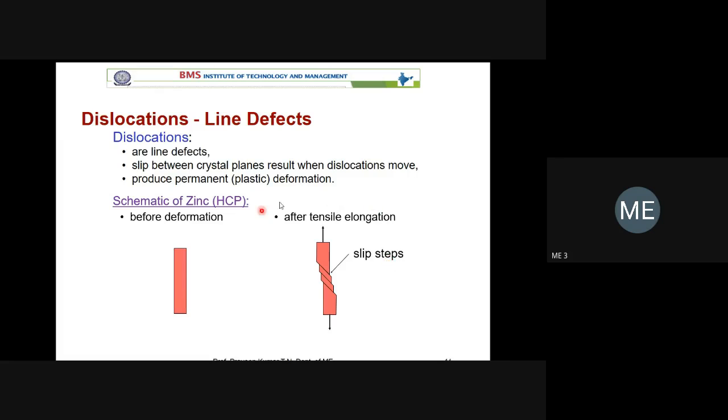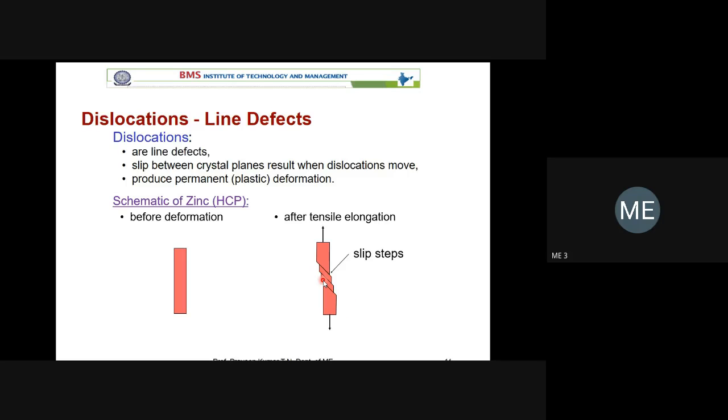One thing you have to remember: you are assuming that the grain is in cylindrical form. Within the cylinder, we can assume a number of inclined planes. There are n number of inclined planes. Out of the n number of inclined planes, there is one plane which is more favorable for slipping.